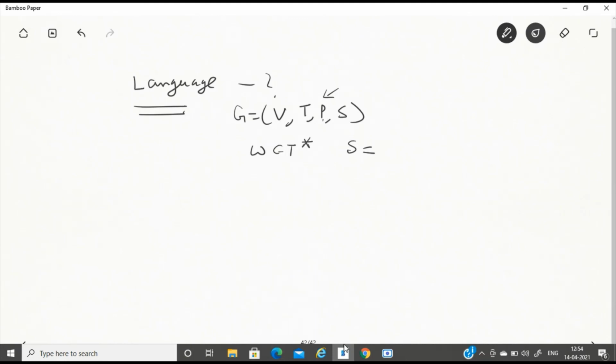S is deriving the string in 0 or more steps, okay, so the string is derivable from the start symbol, ठीक है, स्ट्रिंग वो डिराइव होना चाहिए स्टार्ट सिंबल से, बाय अप्लाइंग द प्रोडक्शन रूल्स ऑफ P जो दिया गया है, तो ये चीज ध्यान में रखना है हमेशा।